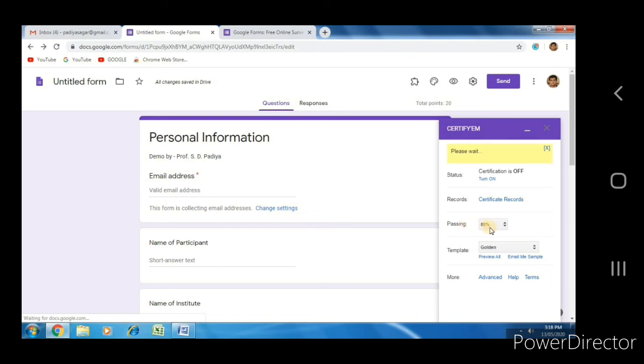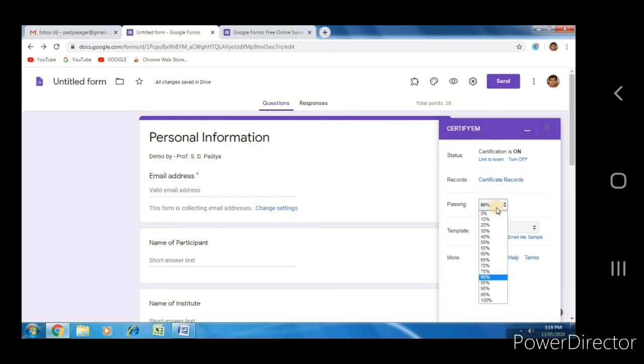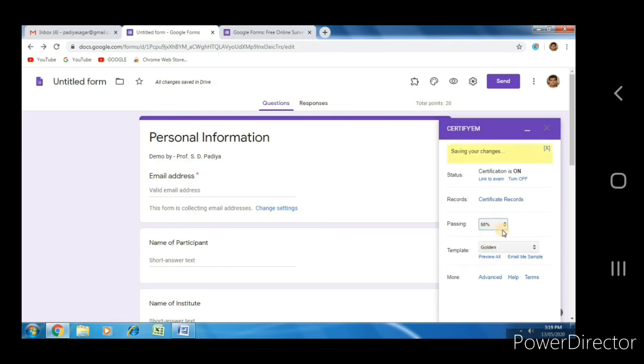Second is for the certificate records. Third is for the passing, on which passing score we have to provide the certificate to the participant. As per the criteria, we can select the passing criteria from 20 to 100 percent. Let's say we have selected 50 percent.